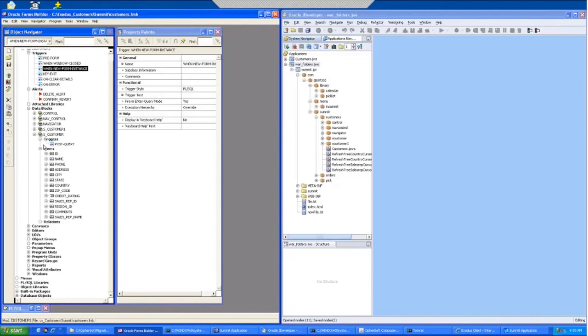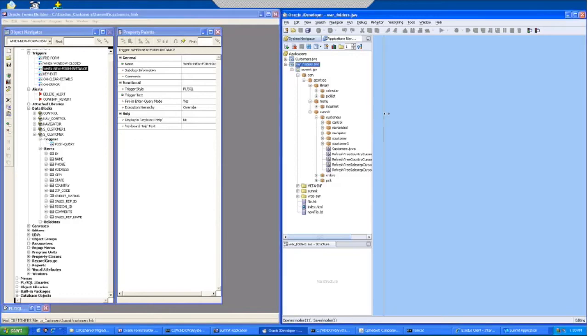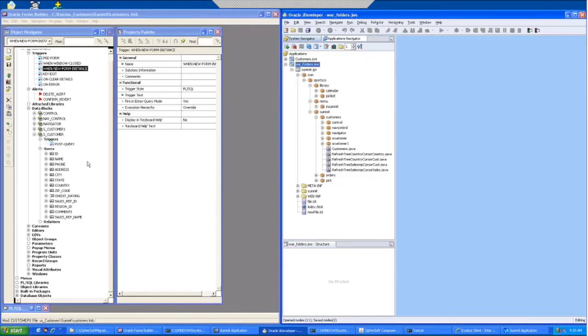For example, if there is a block name, like in here you have a block name called nav underscore control, we change it to remove the underscores or dashes in the naming. So we Javaize the naming convention, so it will be more like a Java application rather than using dashes and underscores and all those things. The second thing is the names are the same, and the trigger names are the same, the built-in